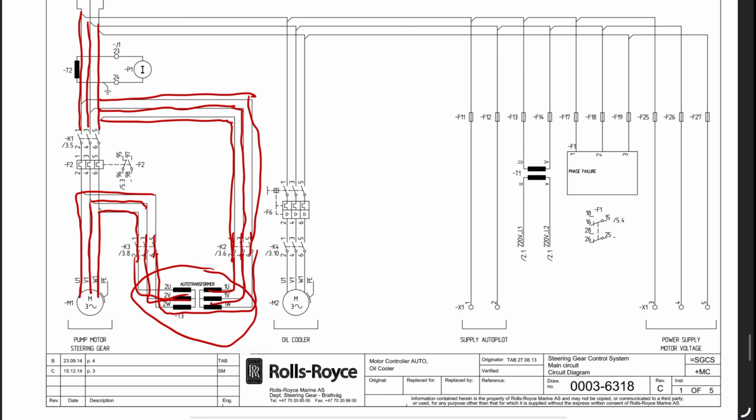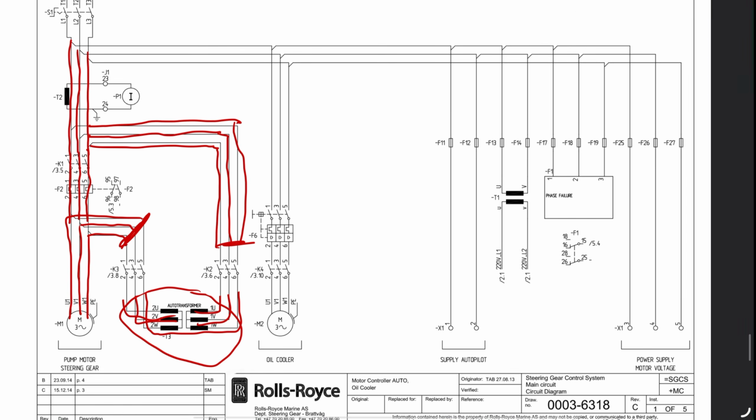So first of all, K2 opens, K3 opens. Now supply is coming from K1. See here, this supply is closed here. Now this supply is closed here. So now the motor is getting direct supply from the main line. There is nothing in between. The auto transformer's work is over. It is there in the circuit only for the first 6 seconds.